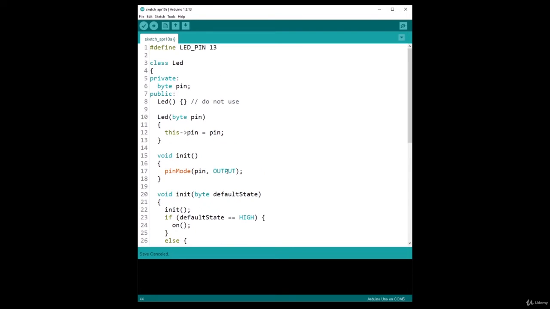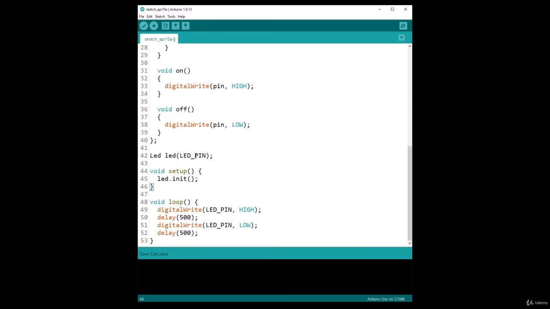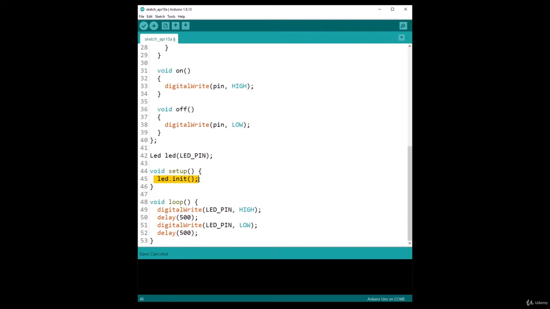One thing that you may want to do is to do the init inside the constructor, but this is not really recommended because when you create a variable with the constructor, you don't necessarily know in which order the constructor is going to be called, when exactly. So it's better to initialize hardware components in the setup. Like we did before with the pin mode, here we just call the LED init inside the void setup of the Arduino program. And now in the void loop function, what we want to do is not digitalWrite LED pin HIGH, we just want to do led.on and then